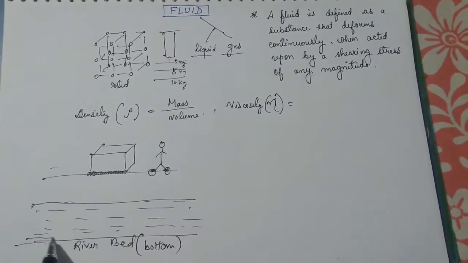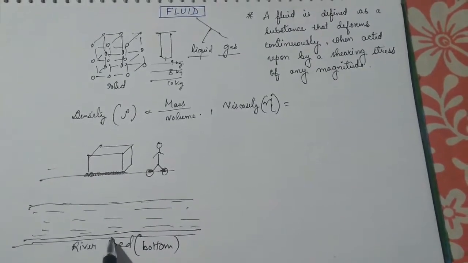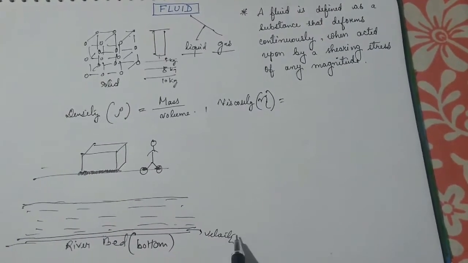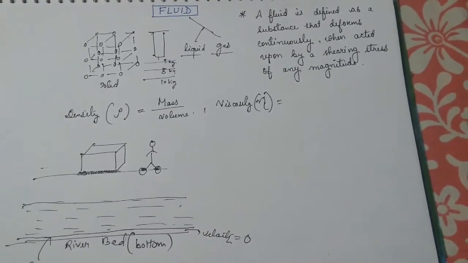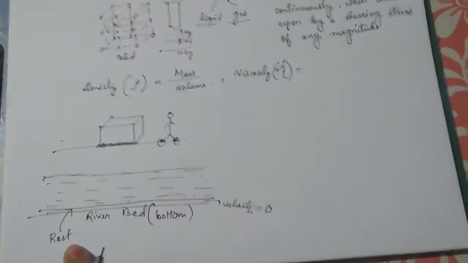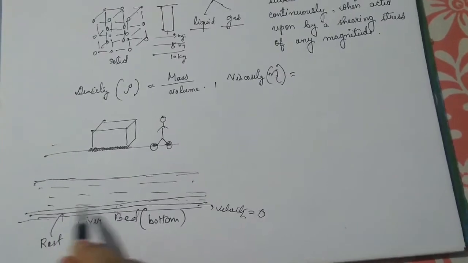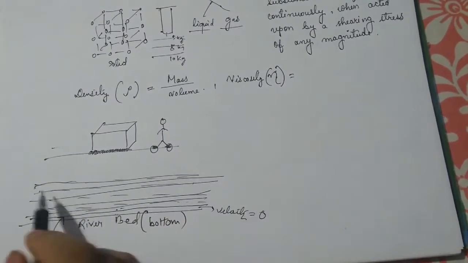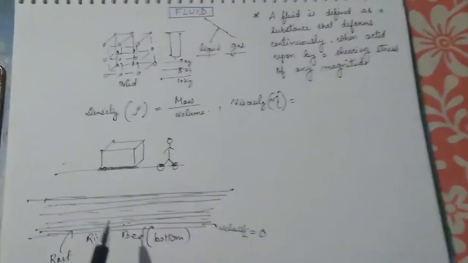The water layer which is in contact with this particular bottom is steady. The velocity here is zero. This water layer at contact with the bottom is at rest, and slowly what happens, this layer the velocity is slightly increasing, here the velocity is slightly increasing, here increasing, and maximum velocity the water, as you have seen that if you